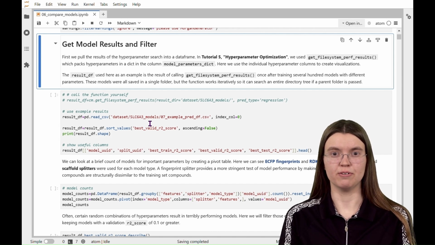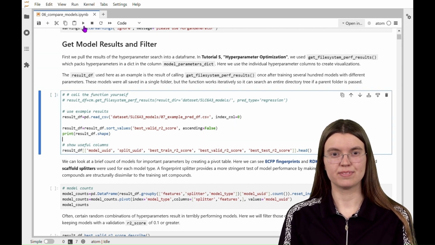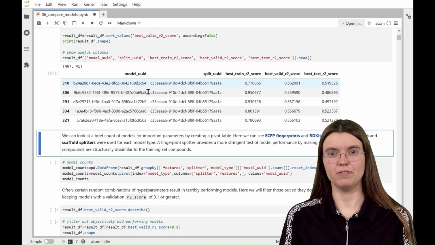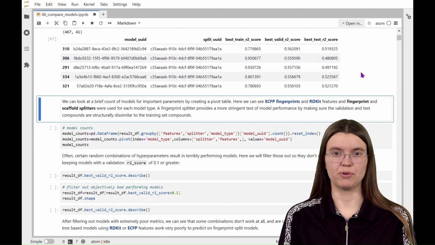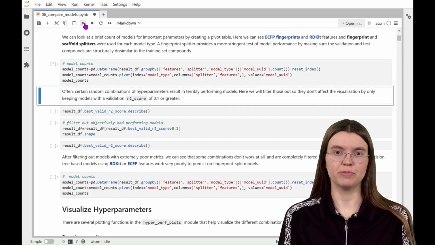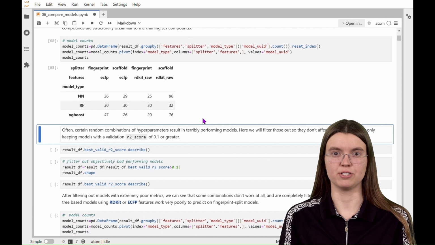This first function loads a pre-generated example dataset of results. This second one sorts the best performing models. The last one extracts key columns to get an overview of the top models. We'll run these. You see this nice little table pop up. Take note of the different R² values for the different datasets. We'll make a brief table here to count the models for important parameters. In this table, we'll see that ECFP fingerprints and RDKit features, as well as fingerprint and scaffold splitters, were used